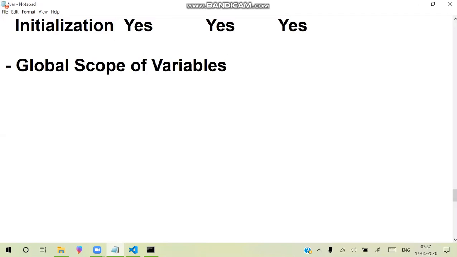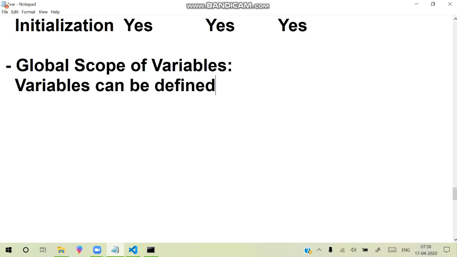How do we define the global scope of variables? Generally, the point about this is that variables can be defined with the global scope